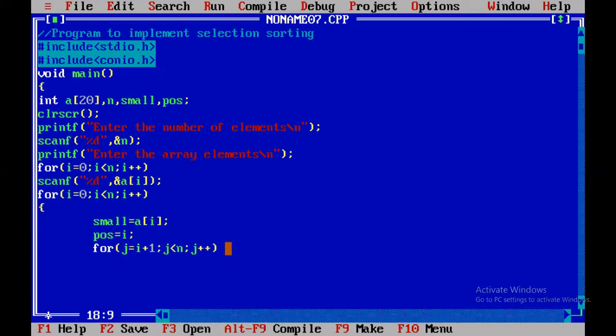Next, we compare the other elements in the list with the smallest element, that is the small value.